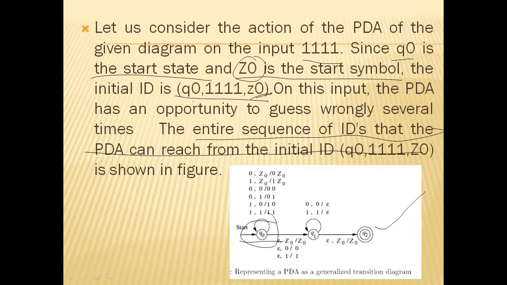Here the PDA is represented like a finite automaton itself, but it contains three things. What is the input we are reading? What is the top element of the stack? And these are the stack elements. The right hand side represents the top element. For input 0, if the stack element is Z0, then we are pushing 0 onto the stack. If input is 1 and the stack contains Z0, then we are pushing that 1 onto the stack.